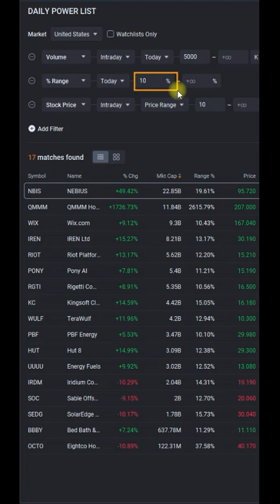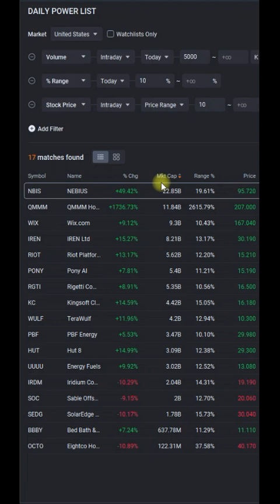So the idea here is we want to take a look at stocks, not necessarily trade, but basically focus on stocks whose intraday range is at least 10% of the price. So if the stock price is $50, it needs to move $5 up or down to be in this list. And of course, we don't want to deal with micro caps or small caps. We want obviously the institutional players to be alongside us, and so this is another prerequisite: stocks above $10 or